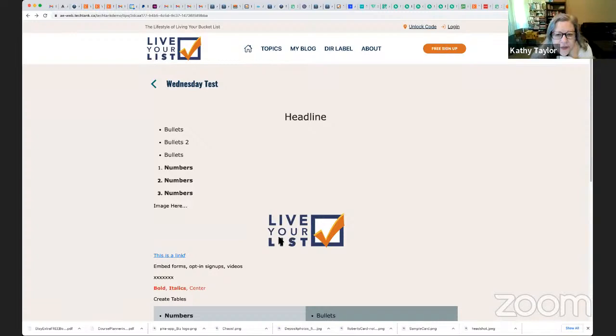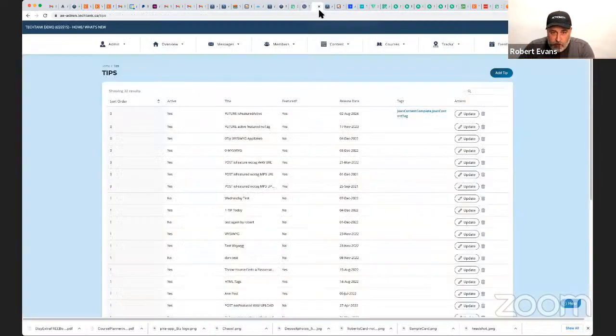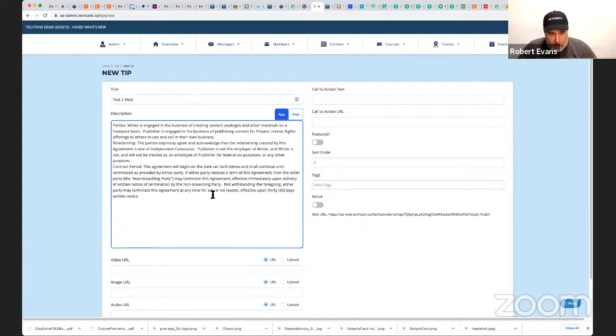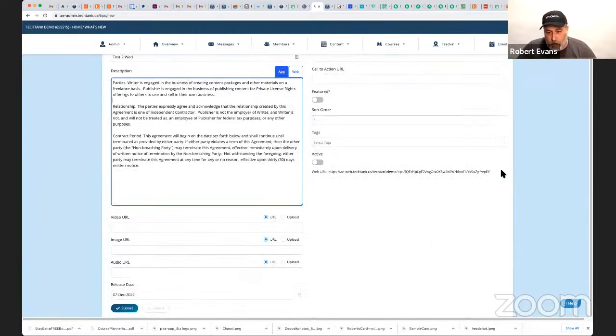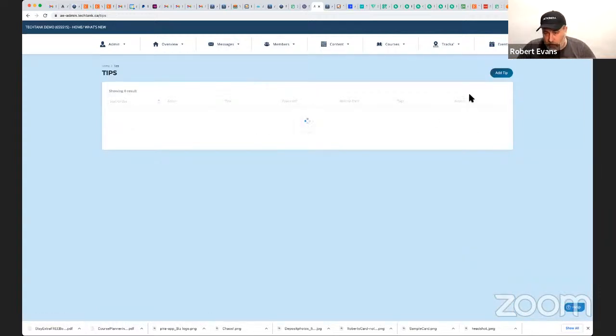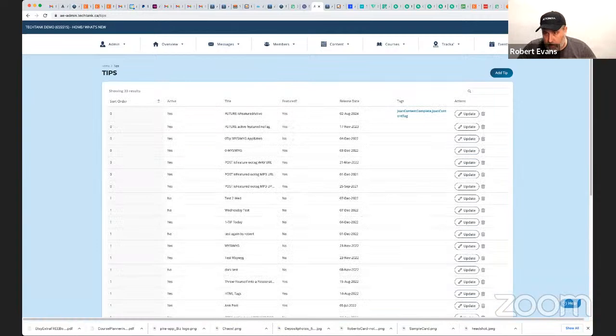Will that be a long-term thing that eventually we won't have to do it in both spots, or is this? Nope. Well, let's just test it here, okay? Because I don't know, I think this is the way we asked them to do it. So test to Wednesday, okay? If you put text in here, and I don't know if this is going to happen or not, but we'll find out. And you don't put it into the web, then